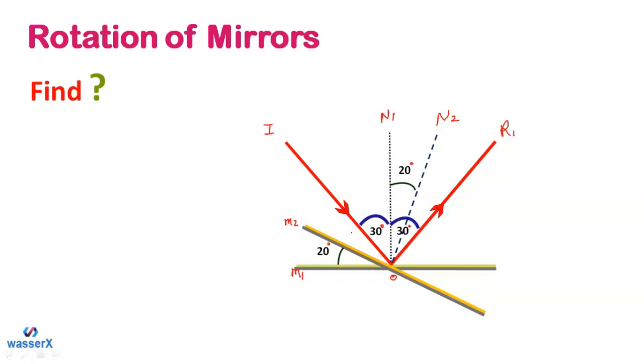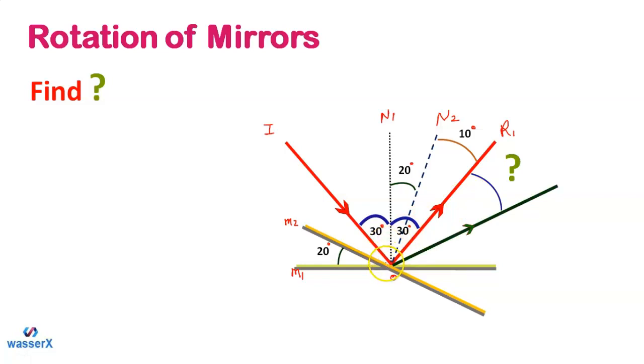And in this way, students, we will call this the reflected ray. Now in this case, the shift in the reflected ray will also happen. But before that, as you can see, this was the whole angle that was 30 degree. If this is 20 degree, that is the shift in the normal, that is N2, then the remaining angle will be equal to 10 degree. That's quite understood. Okay, so now this is the second reflected ray.